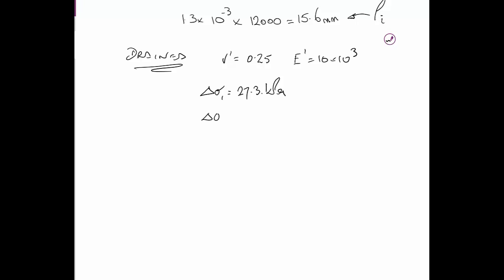So the change in horizontal stress equals 0.1, which we were given at the start, times 39, which equals 3.9 kPa change in horizontal stress. Going right back to our explanation of Hooke's law, everything's the same. So the change in vertical stress equals